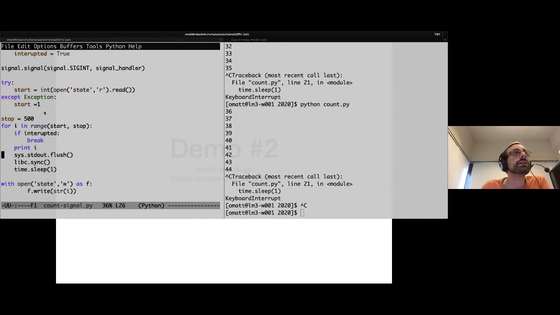The only difference now is that if the value interrupted passes to true, then I'm stopping my iterations, and now I'm saving my state not inside my for loop, but outside my for loop. There are two cases where I can go out of the for loop: either because the user hit Control-C, which puts interrupted to true, or when everything is finished, in which case it's maybe a bit of a waste, but okay. It's telling that the work is finished.